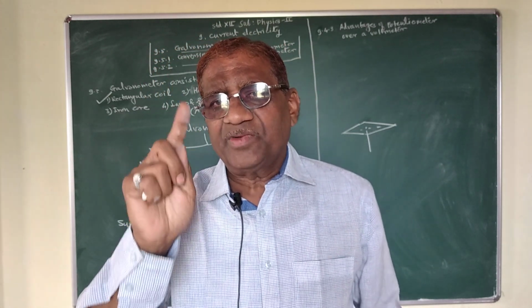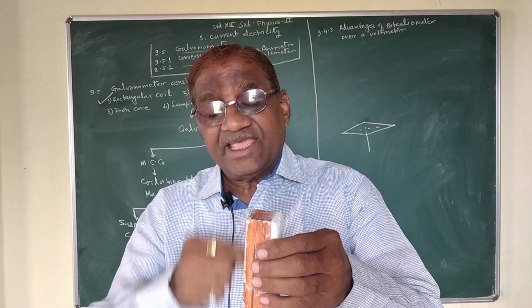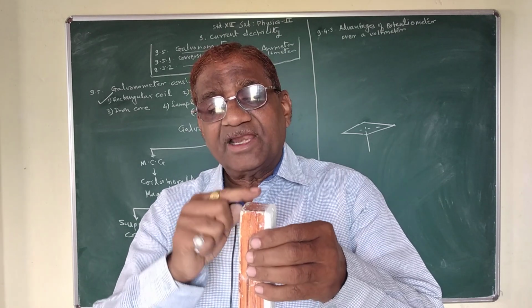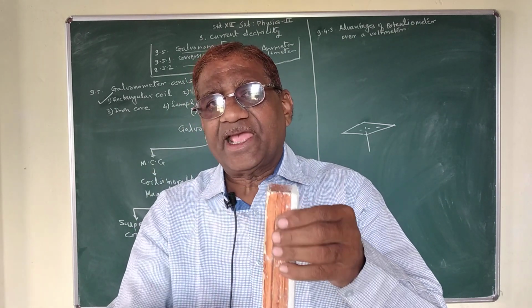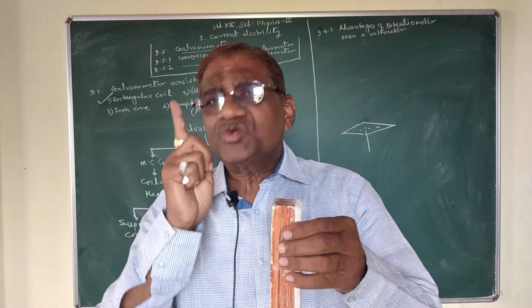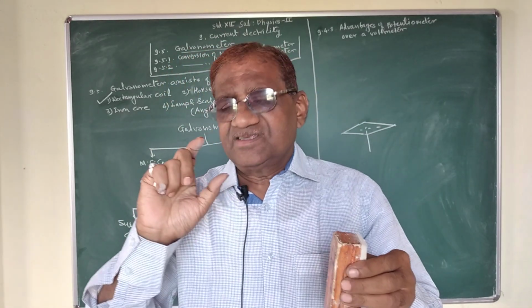It consists of a large number of turns of thin insulated copper wire which is wound on the rectangular aluminum frame, so that the instrument is made dead beat. This is the first part. Second part is